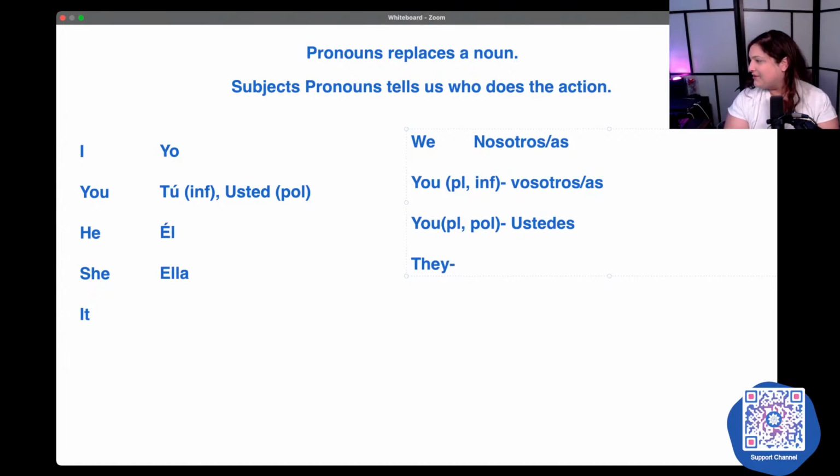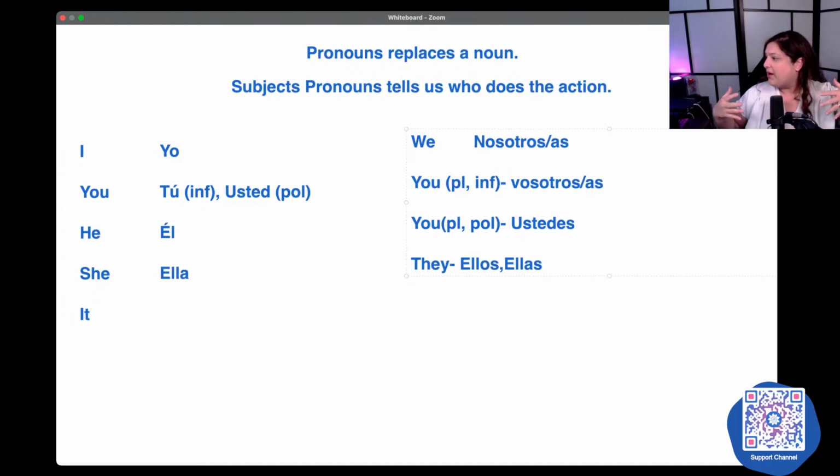Then tenemos ellos and ellas. So ellos, you guys can be talking about a group of dudes, or you can be talking about a group of dudes and dudettes.